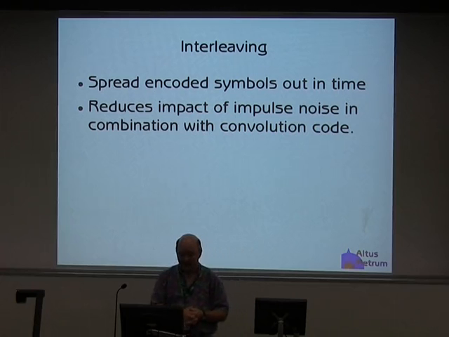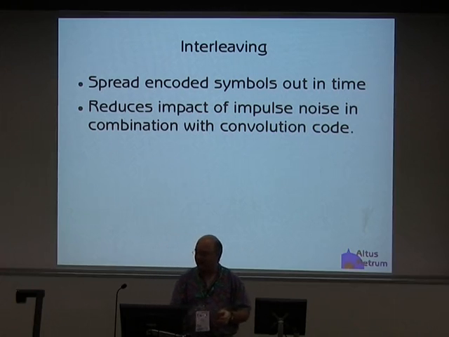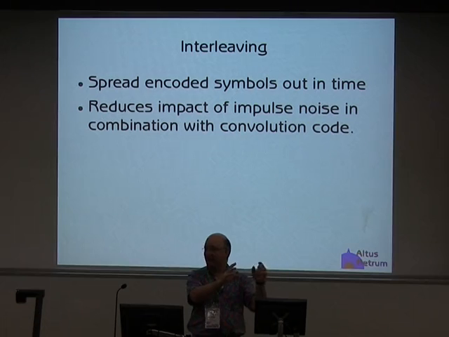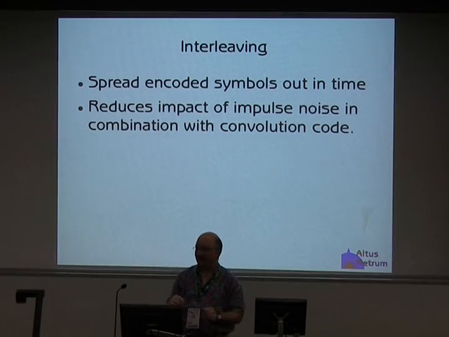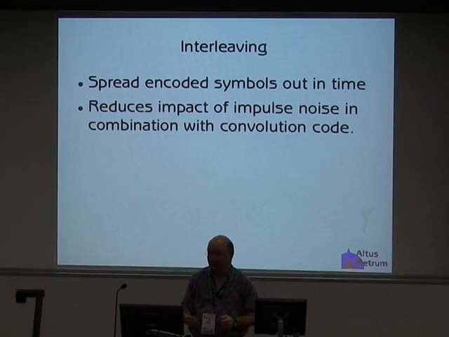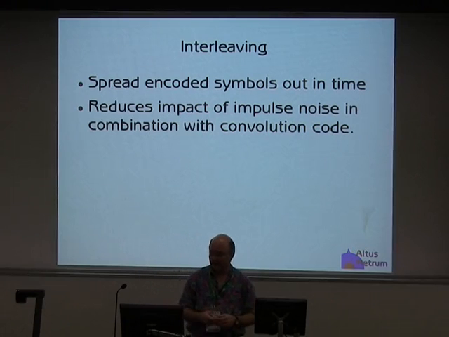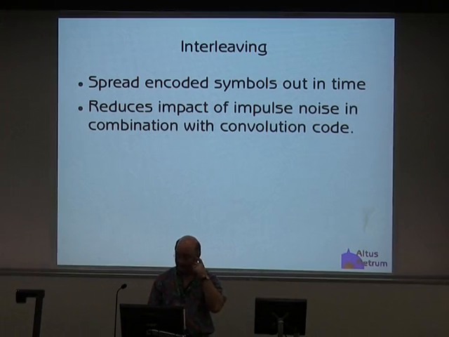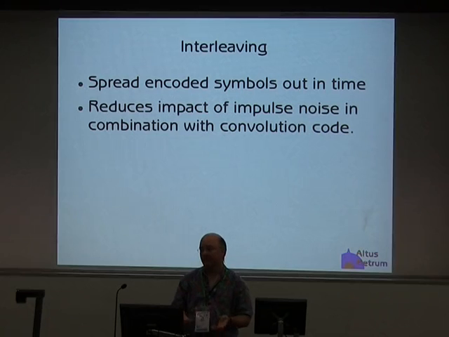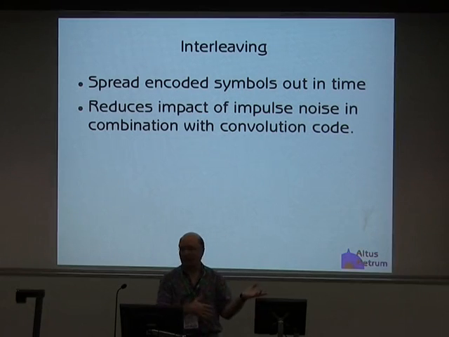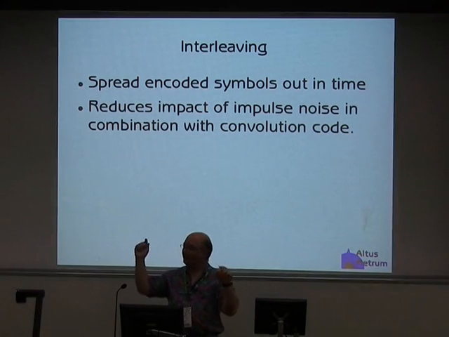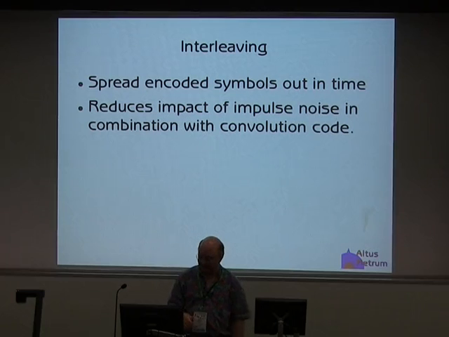The nice thing, what you do with interleaving is you take the output of the encoder and you mix up the bits in some way. The CC1111 does it regularly. I've learned since that turbo codes do it in a pseudo-random way in order to mix the bits up so that they don't get even disturbed by periodic noise. Mostly the goal here is to reduce the impact of impulse noise when you're decoding, because the Viterbi decoder is really good at fixing single bit errors as long as it has a couple of bits to recover. But if you have a long sequence of broken bits, it sucks at that.